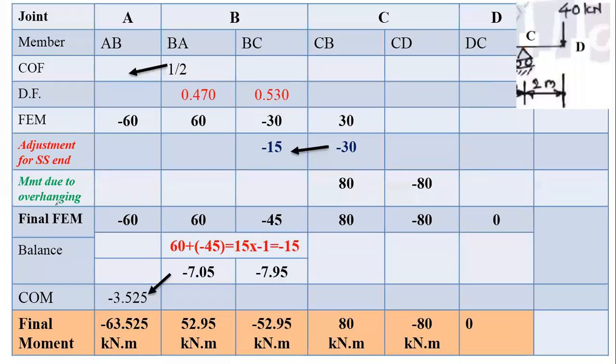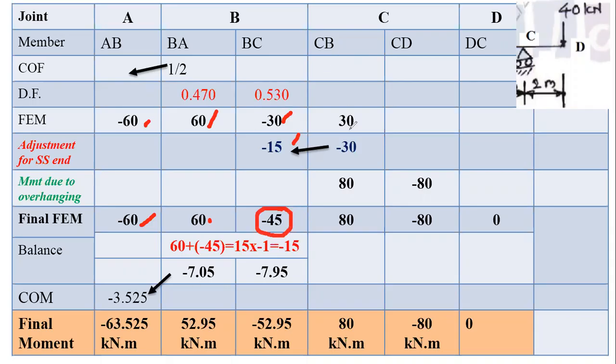Now next, so we have done the two adjustments or two corrections. Now after this, make the summation for final fixed end movement. आता final fixed end movement find out करा by making the summation. So what is that final fixed end movement? So for M bar AB it will be minus 60 as it is. For BA it will be plus 60 as it is. Then for BC, so BC it will change. So for BC it will be minus 30 plus minus 15. That will be minus 45.